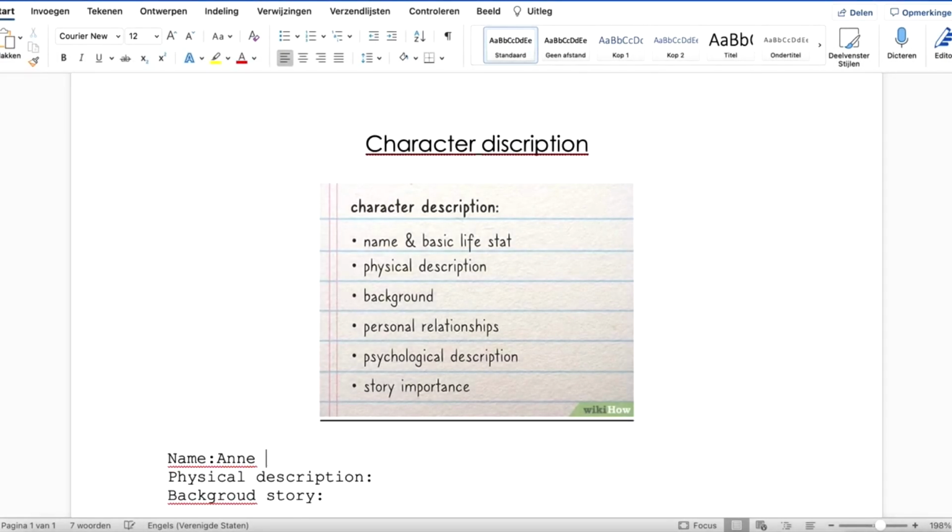The first thing I would do if I get the script is probably just read the script. It's really important that you know what it's about and that you know the whole story before you learn your lines. And if you read it a few times, you know what it's about. And then if you forget a line, you can always just improvise. But I personally read it about 5 times before I even start learning my lines and stuff.